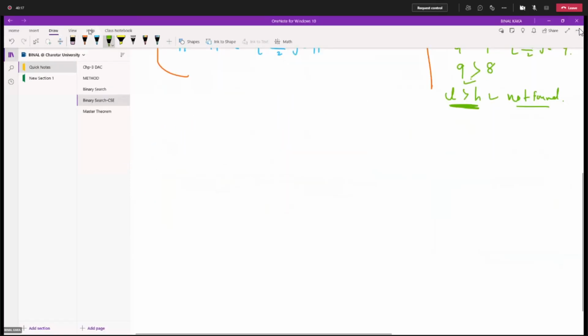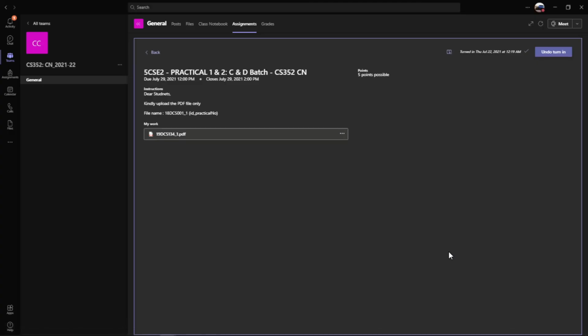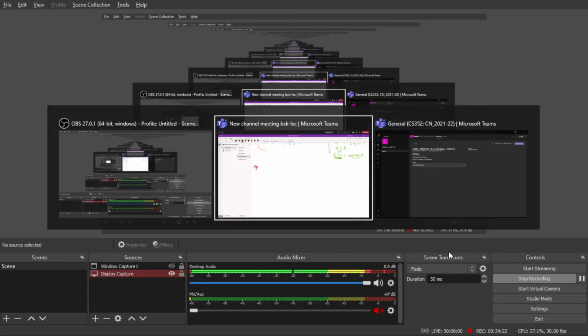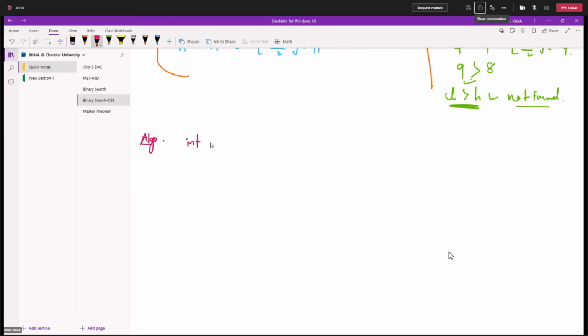So let's see how the algorithm actually works. I'm talking about the algorithm of binary search. I'm just writing randomly. So integer, I'm writing the name of that algorithm, binary search. And I have one array, assume I have n elements and a key value, right?